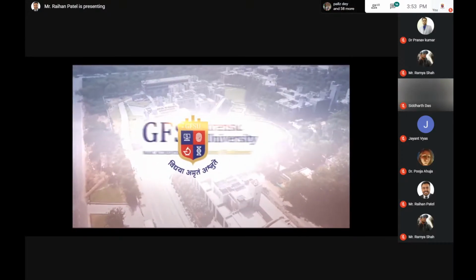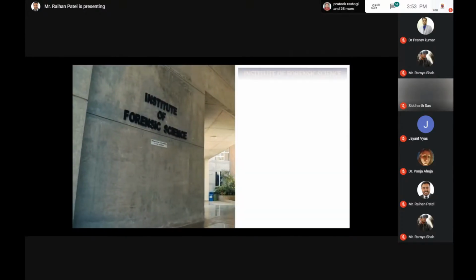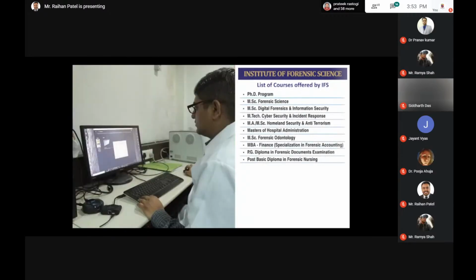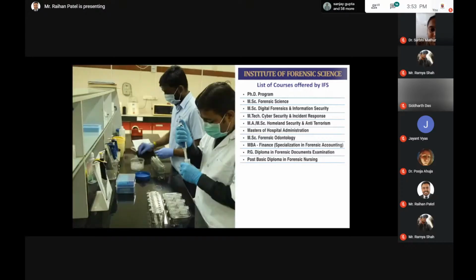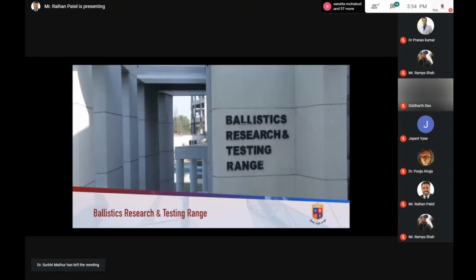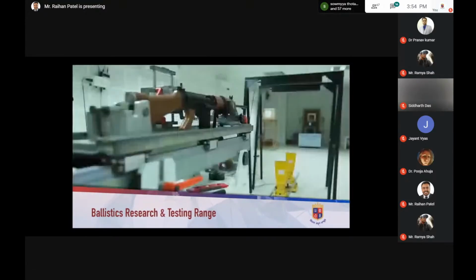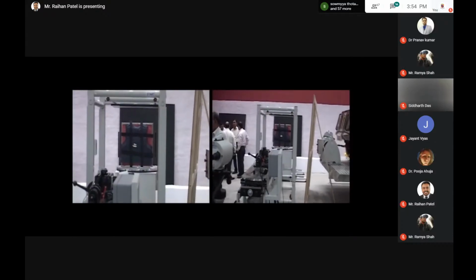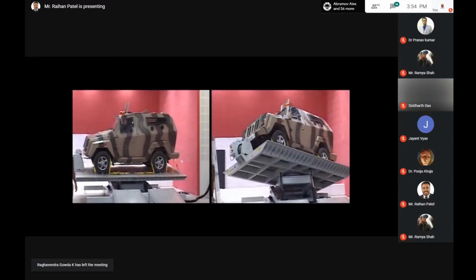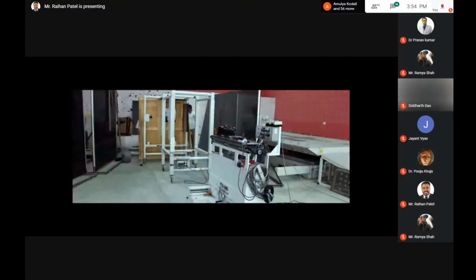Among three major academic institutes, the Institute of Forensic Sciences was established with an aim to provide a center for academic excellence and ultra-modern practical training in the area of forensic and its subsidiary sciences. GFSU's ultra-modern ballistics research and testing range has capabilities of analyzing bulletproof materials like jackets, glass plates, metallic plates, helmets, tires and even armored vehicles. This facility is only of its kind in Asia.